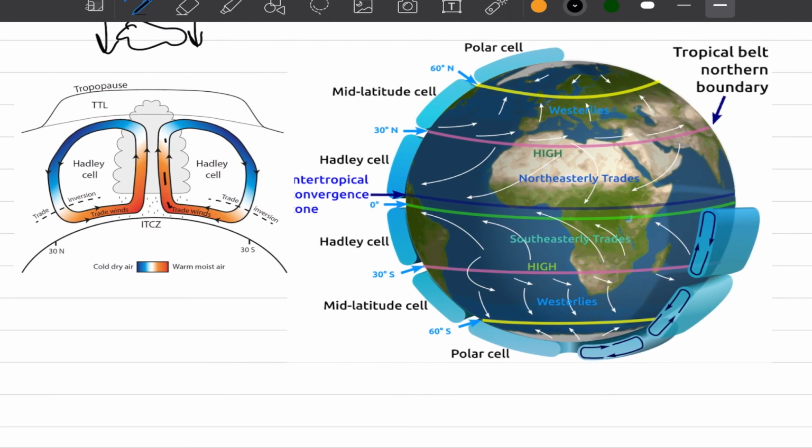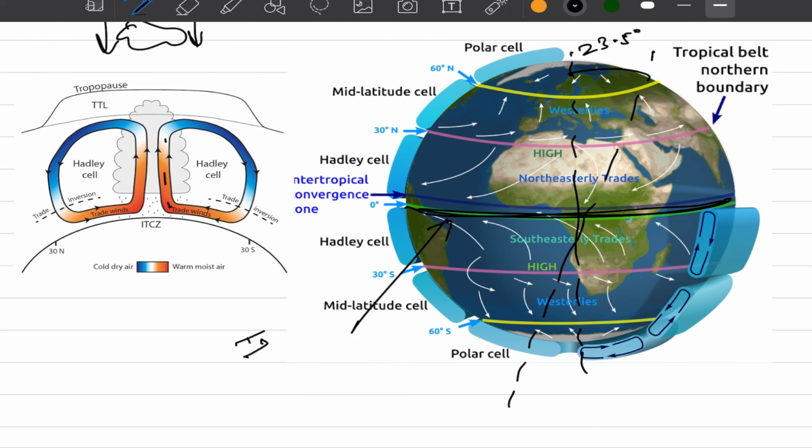Now, as we know, our earth is spherical, and because of its peculiar shape and the tilt around our vertical axis, which is around 23.5 degrees, the areas surrounding the equator receive more direct sunlight or more solar insolation from the sun. On the other hand, our poles on both sides receive relatively less insolation as compared to the equator, resulting in a strong gradient between the equator and poles.